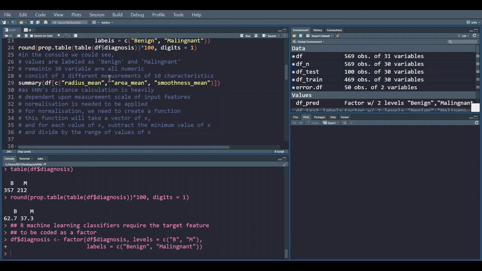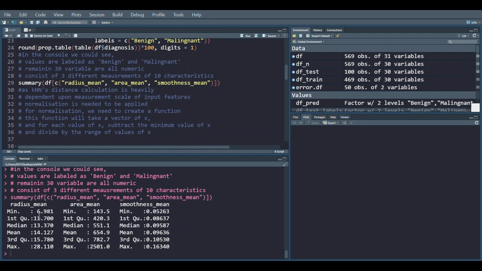After that, in the data, there are 30 variables, all of them numeric, consisting of 3 different measurements of 10 characteristics. In order to understand the data, we would quickly take a summary of 3 columns only: radius mean, area mean and smoothness.